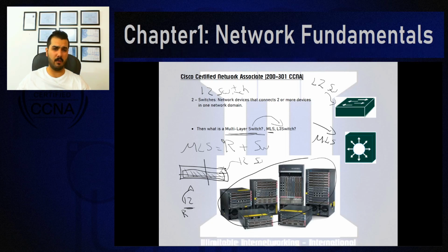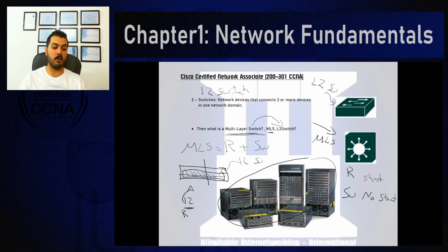But the default behavior of a multi-layer switch, when you take it out of the box and start it from scratch, a new multi-layer switch that you have just bought from the market, would be a switch. That is something I don't want to talk a lot about in a single video. But another big difference between routers and switches: in routers, the ports come in the state of shutdown. In switches, they come in the state of no shutdown, which is on and functioning.